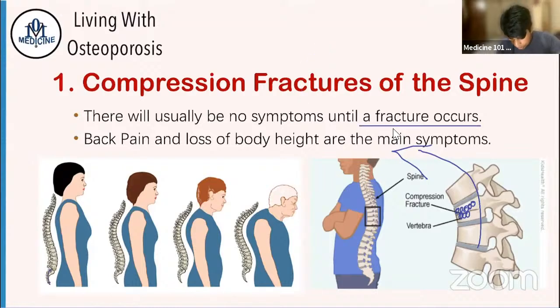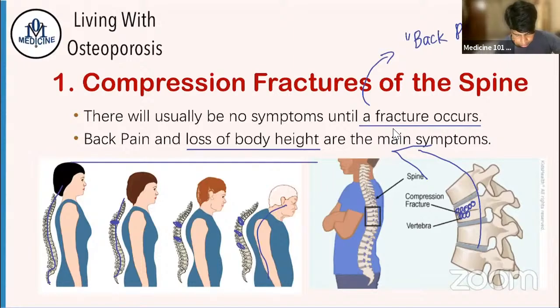So what happens is, over time, one bone is damaged, the second bone is damaged, a third bone is damaged. With time, the person becomes hunchbacked like this. This is what you call compression fractures of the spine, and usually this presents with back pain. You will go to the doctors with a lot of back pain. And also, over time, you may lose body height. You can see that this lady started at this height, but is now at this height.